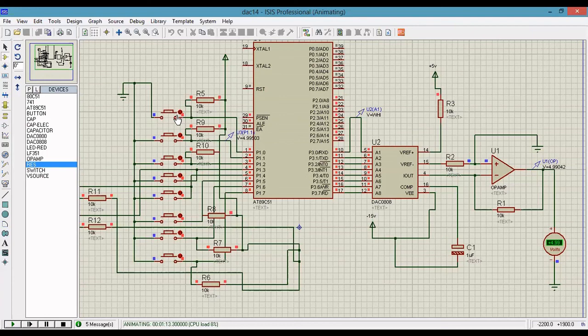This digital to analog converter is used to convert the digital signal into an analog signal. It is called an 8-bit DAC. So the output will be from 0 to 5 volt. The input will be 0 to